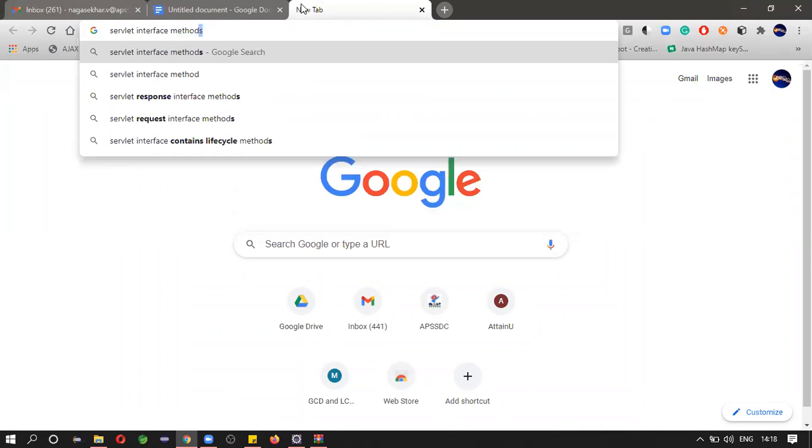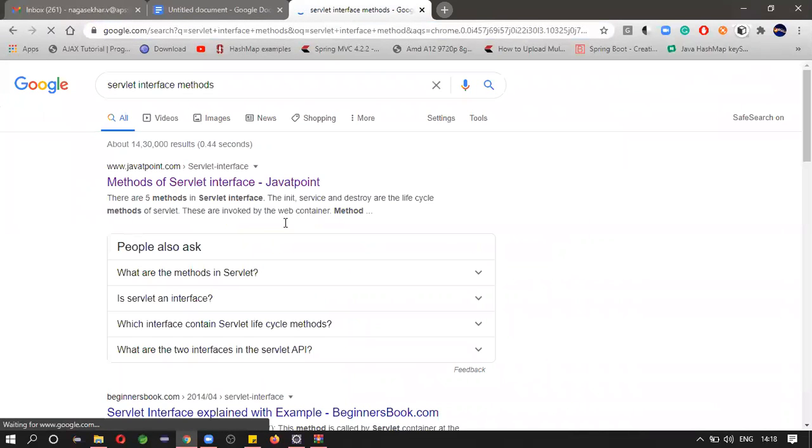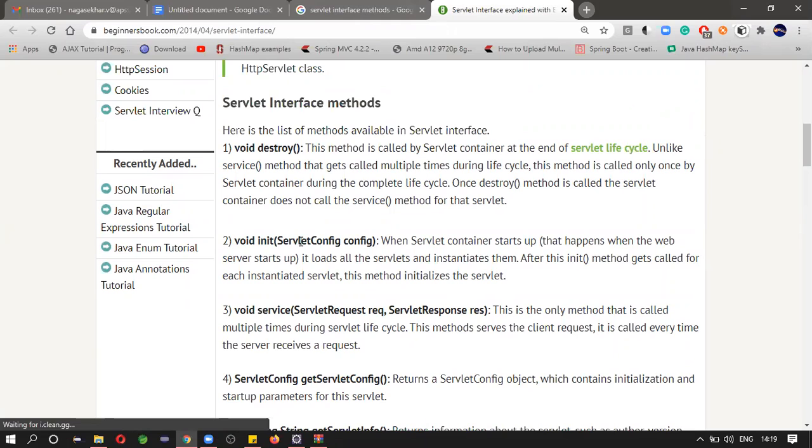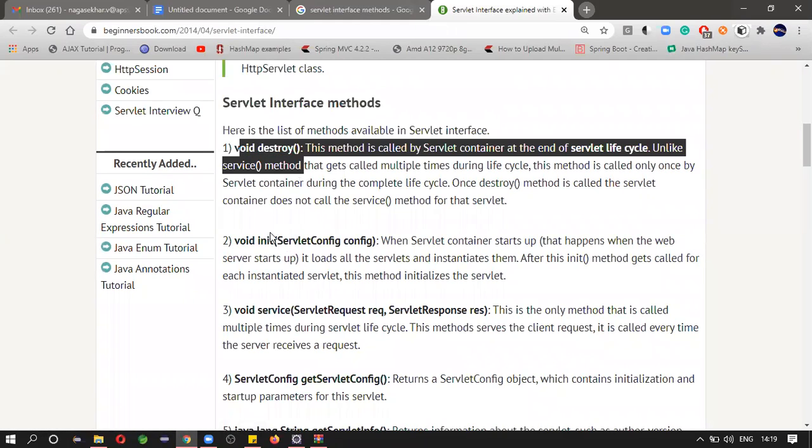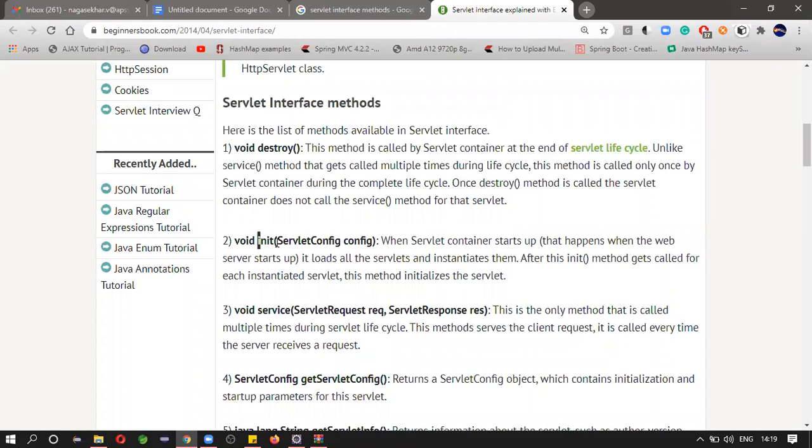Servlet interface methods. See, these are the methods. Destroy, init. If you observe this, you will see a parameter. What is the type of this parameter?